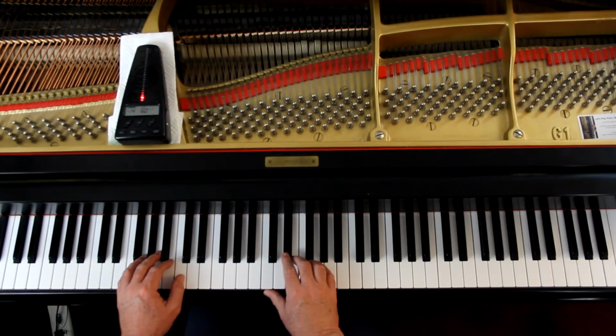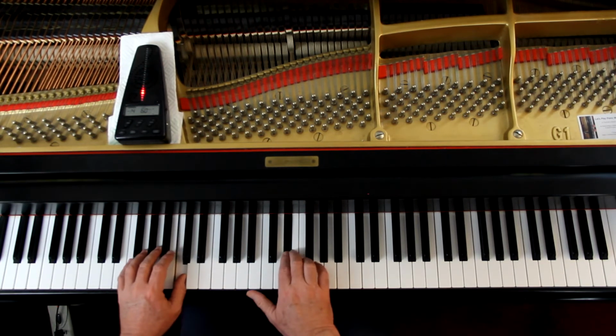Now let's do it with the blues notes added in, and if you want to do it with drums or something, you set them on jazz style rhythm because I'm going to swing the eighth notes, long, short, long, short. I'll give us 4 counts and let's try this out. And we are going to repeat it. 1, 2, and ready and go, and